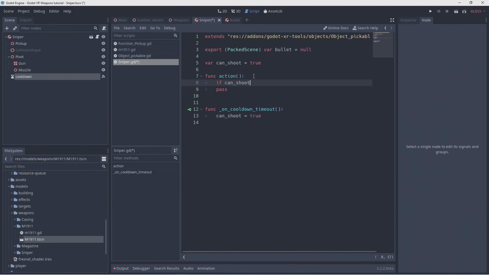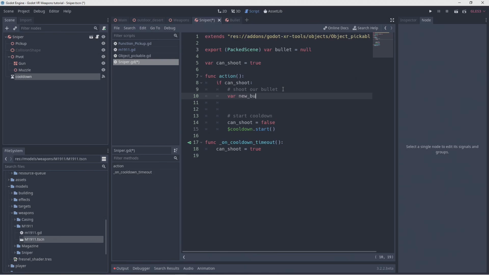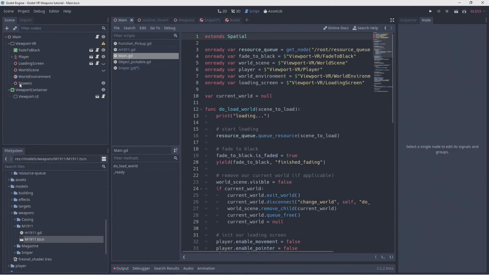Then in our action, we check if we can shoot. At the end, we'll change our can shoot to false and start our timer. We'll instantiate a new instance of our bullet scene. We better also check if our bullet scene is set. Now we need to add our bullet to our scene, but we're going to add it to a container node